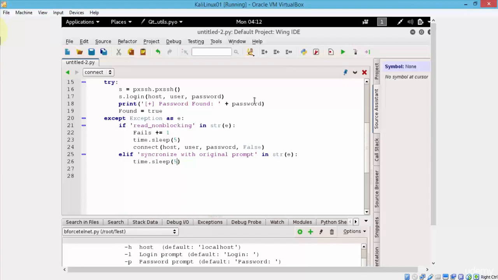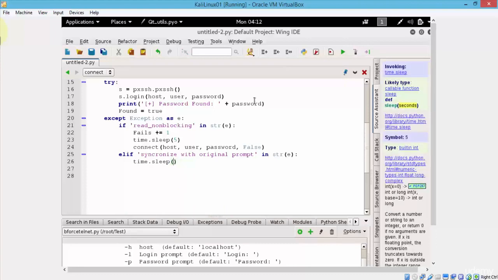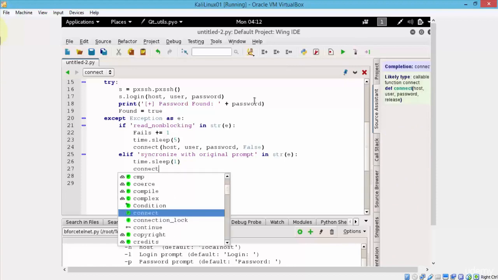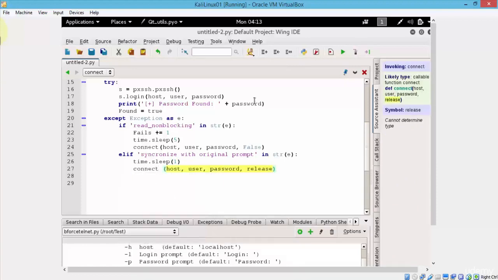Well, maybe it'll reduce it, right? Because we have 5 up, so I'm going to use maybe 1 second here. Now, once I'm done with this, I'm going to go ahead and also specify the connect again. So let's do connect, host, username, password, and then I'm going to set this to false,